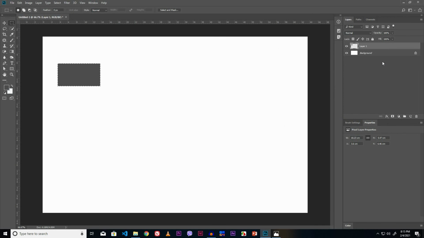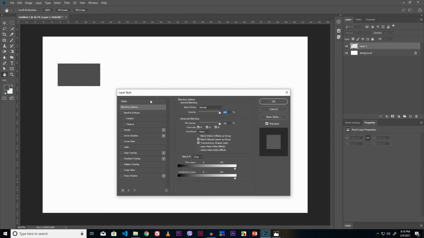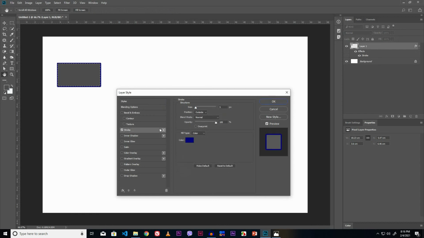To set the stroke, double click on its layer. Layer Style dialog box appears. Now click the Stroke option. Click once over here. Look here, the stroke parameter section appears. You can set different types of parameters from here. I like to set the size 3 point. You can change this stroke size by dragging this slider bar. In this way, I like to type over here 3 point.